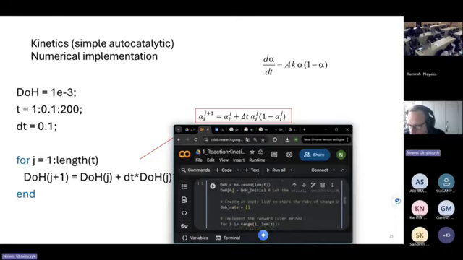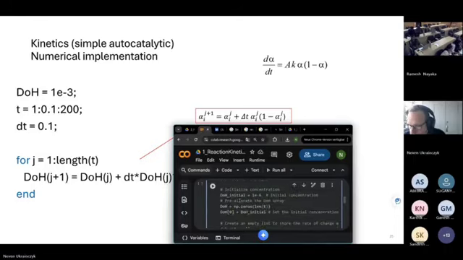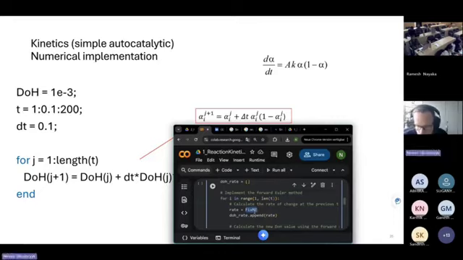But we need to use the variables we used here. So it's the degree of hydration at the previous time step, which is index i minus 1,